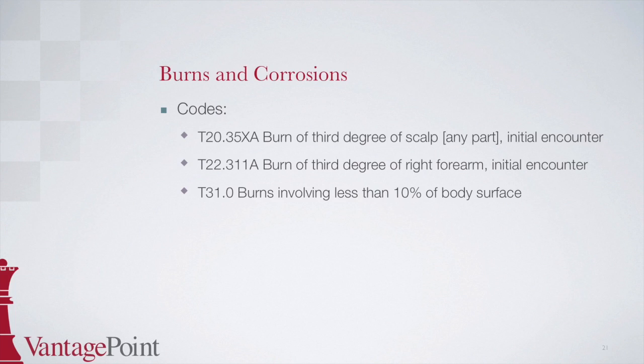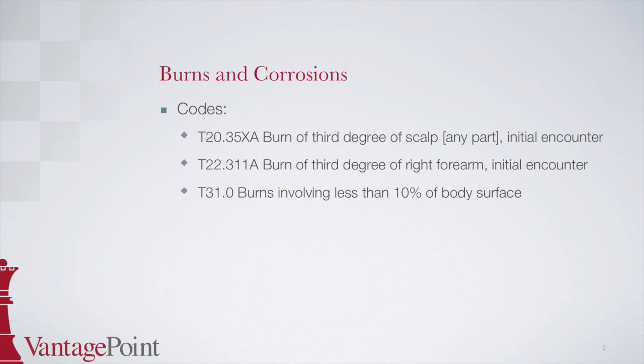To locate this code, start at burn in the alphabetic index, then look for extent with percentage of body surface area in parentheses. Since only 6.75% is affected, the range needed is less than 10%, which points to T31.0,